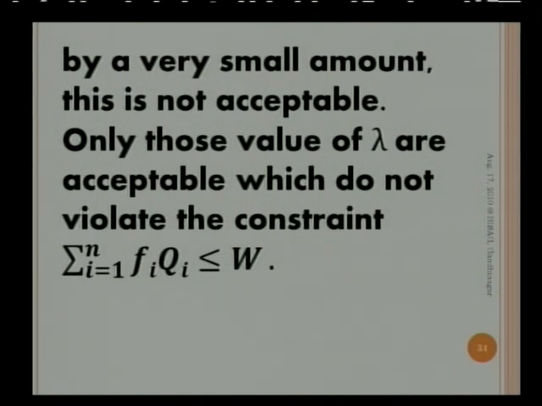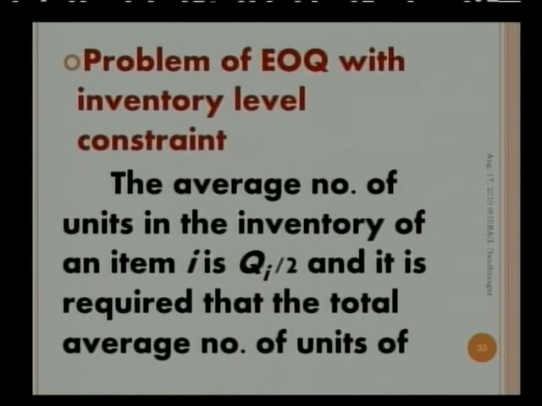So overall, this problem says that finding the value of lambda turns out to be a crude method. No doubt with computer programming, either in C++ or Excel, you can go for the nearest value of lambda, but be careful that whatever constraint is given should not be violated. That means it should not exceed the value of the constraint.